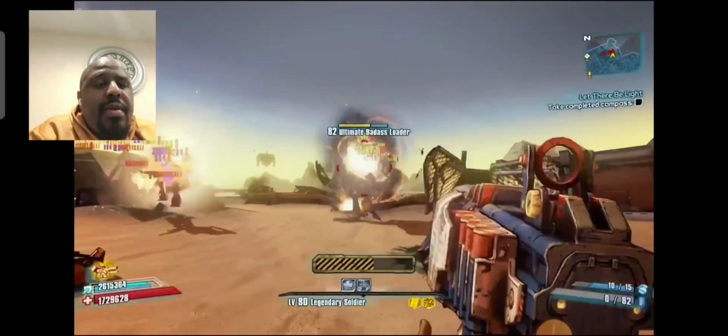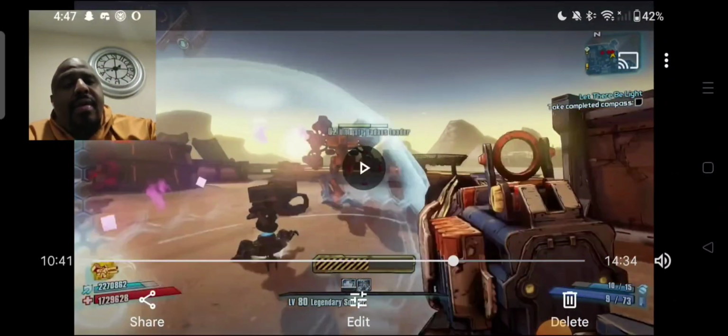You can also get the Unicorn Explosion from the Commander Lilith DLC,